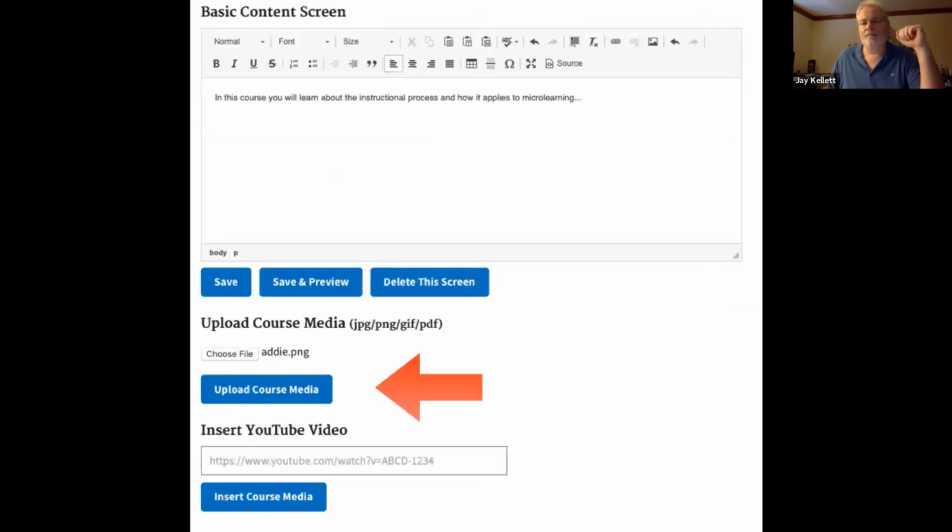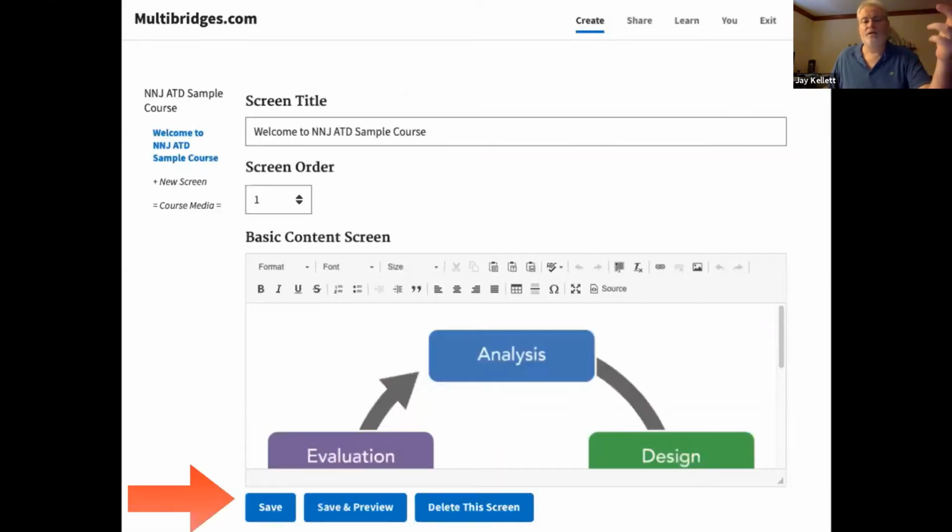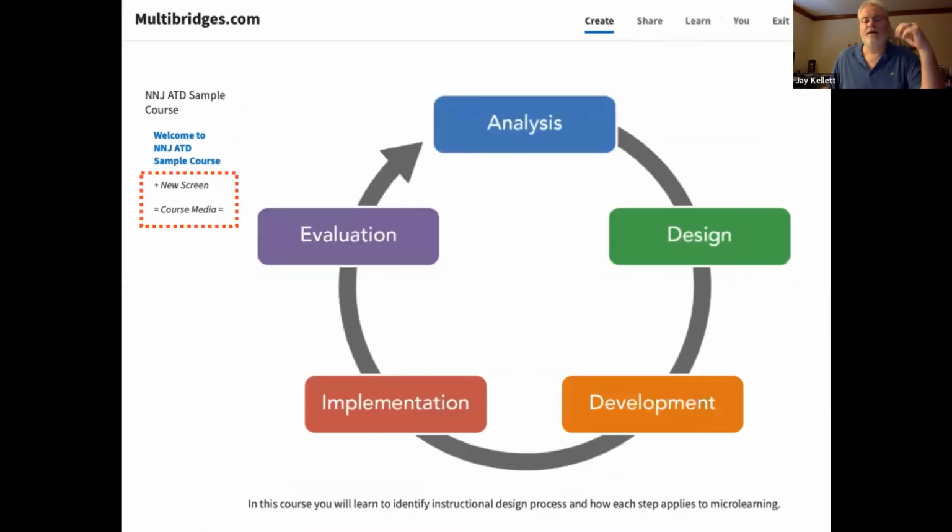But say we wanted to upload some media, I would scroll down a little bit and click Upload Course Media. In this case, because I don't have any media yet in the course, it's not giving me the option to insert some already used media. But in this case, I would click Choose File, select the media from my hard drive, upload the course media, and it would insert it to the course automatically for me. Then I could save or save and preview. Let's say we're going to save and preview, and it shows me the information, the graphic, all within the course,